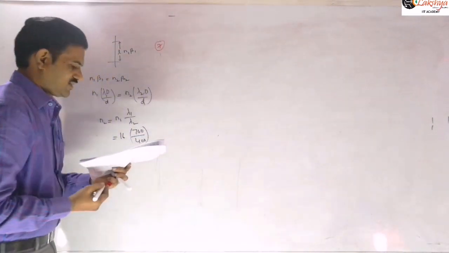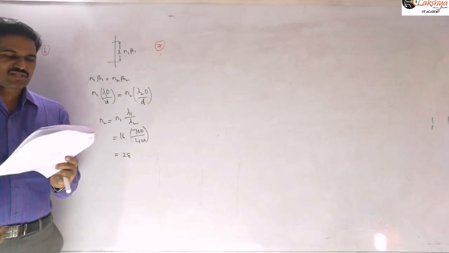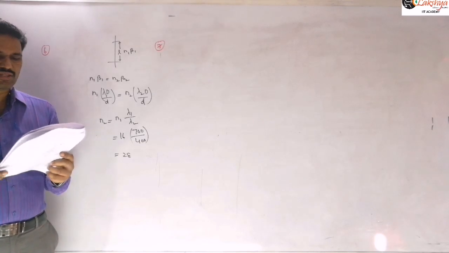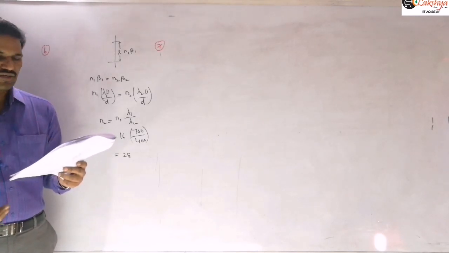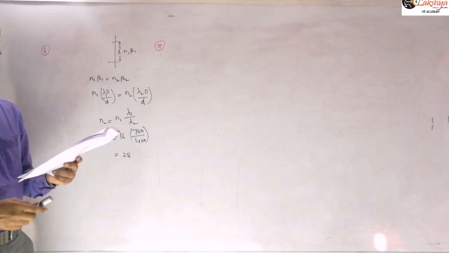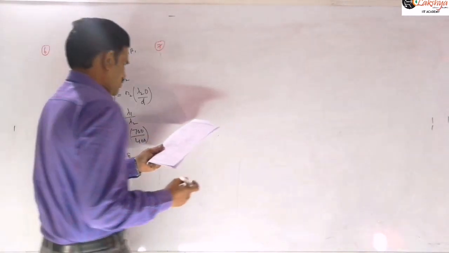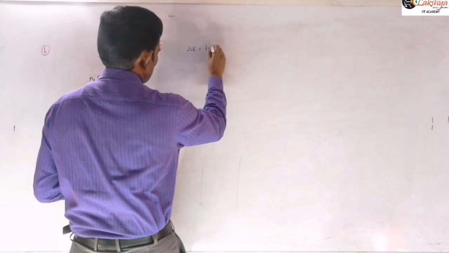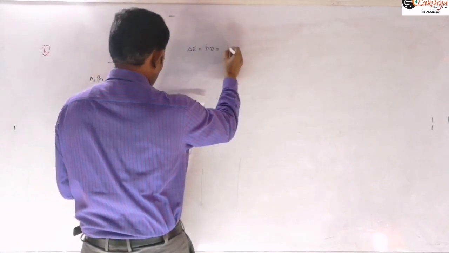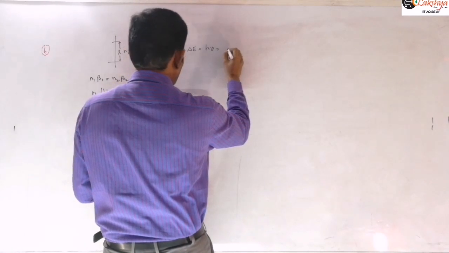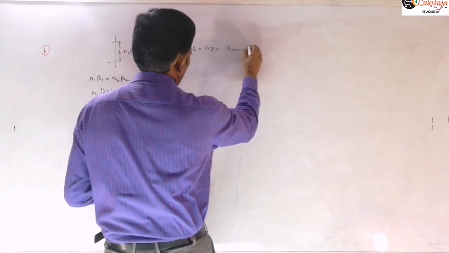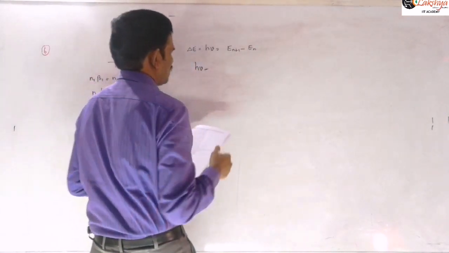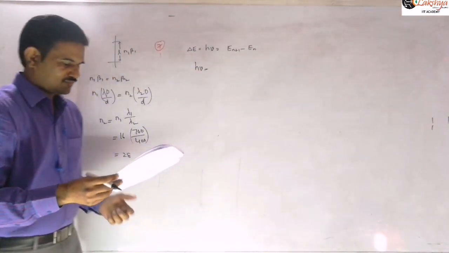The seventh one is: in a hydrogen atom, an electron makes a transition from the n plus 1th orbit to the nth orbit. If n is very much greater than 1, then the frequency of radiation emitted is proportional to? So the frequency of emitted radiation means the energy difference delta E is equal to h nu, or hf. This value is E n plus 1 minus E n, and therefore just the substitution, and we need to take the approximations there.